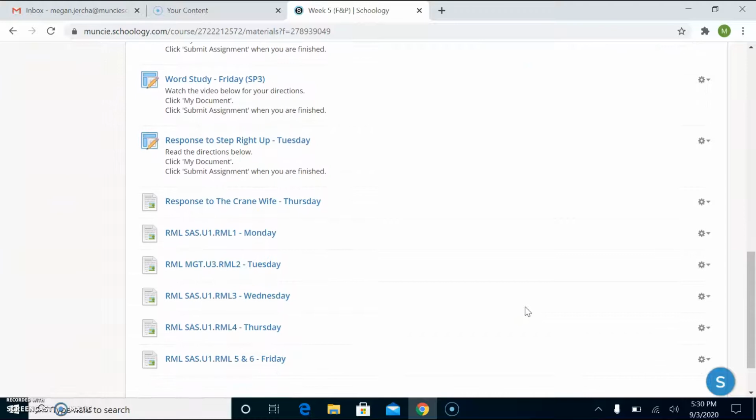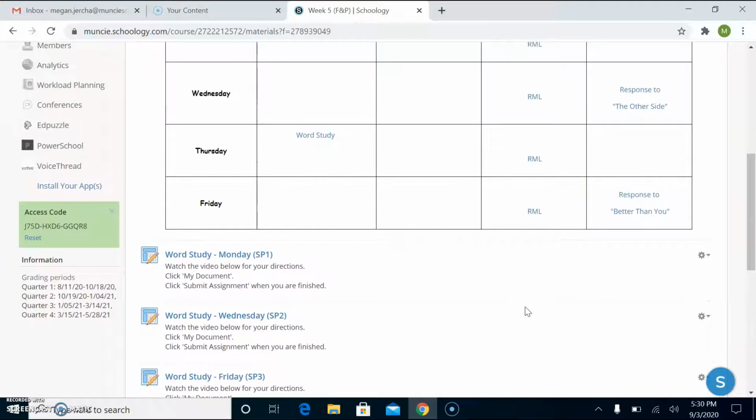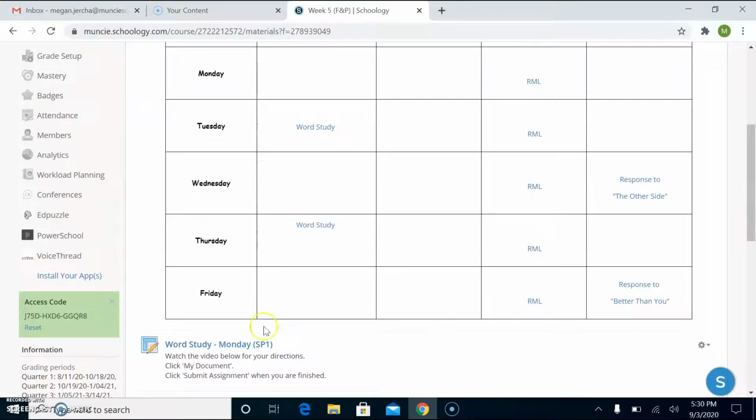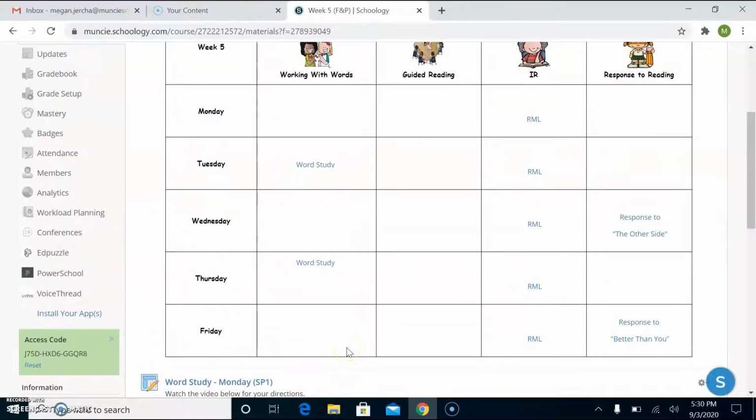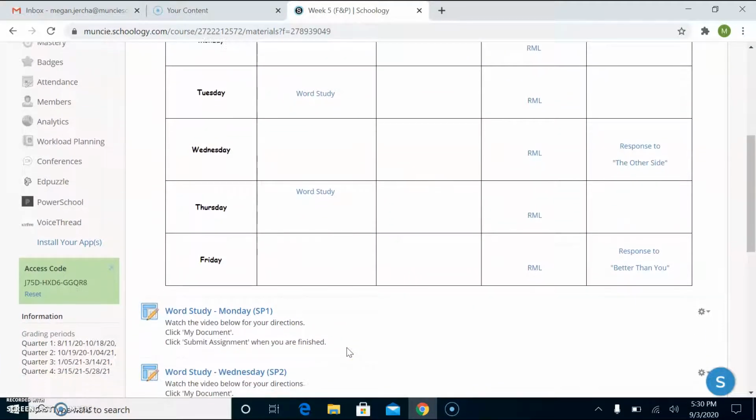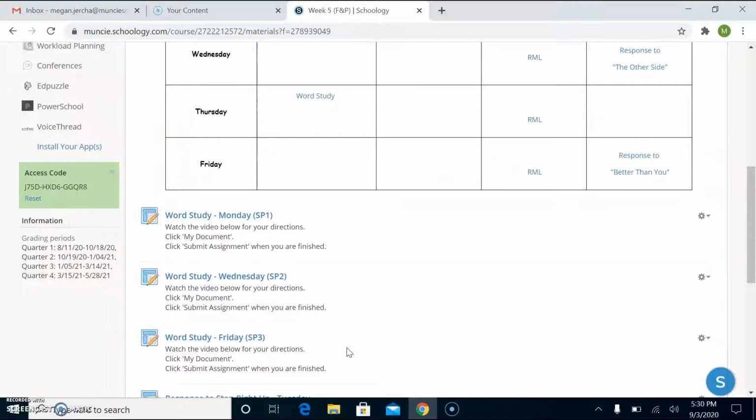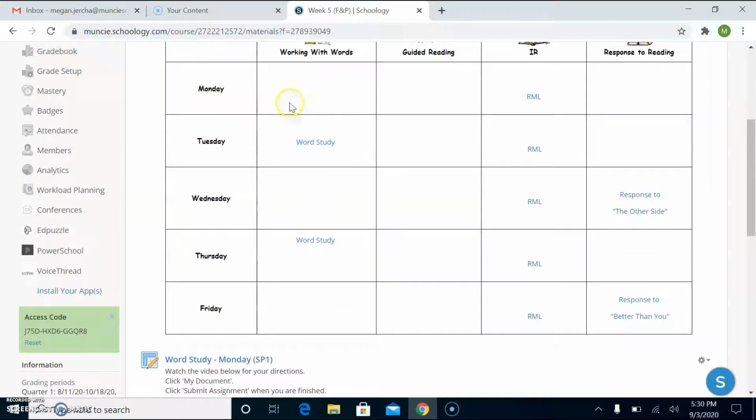And we've done this before. So I'm just going to start at the top here and link all my word study first, which there should be 3, one on Monday, one on Wednesday, and one on Friday. If yours are not listed like mine are, Monday, Wednesday, Friday, you can use your curriculum map and that will tell you where you should find it or what day it should be on. So right now my landing page is wrong. I should have a word study Monday, a word study Wednesday, and a word study Friday. So I'm gonna have to change that, which you might have to do as well,